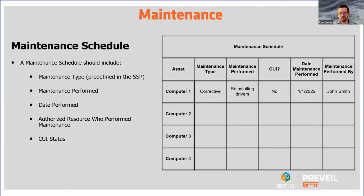So a lot of organizations, this kind of detail would be captured in their managed service provider's ticketing system or something like that. So it would just be good to know that these things are taking place and that you've got an overall record for it. So this need not be an Excel spreadsheet somewhere. It could just as easily be a report of ticketed tasks that were performed throughout the month or whatever it might be. Something that you can grab easily and get in front of an assessor